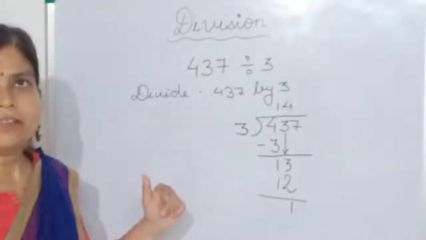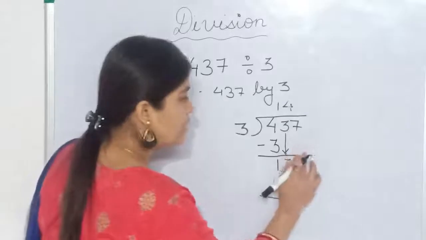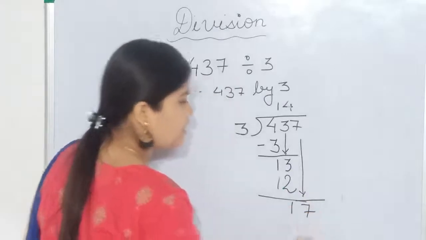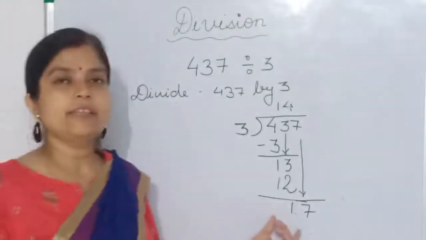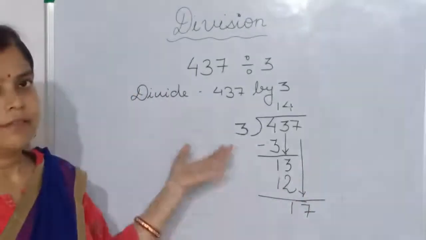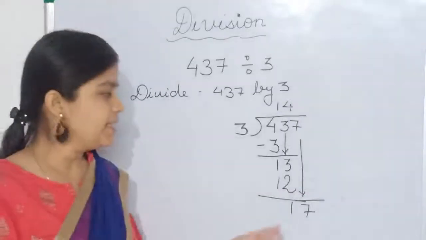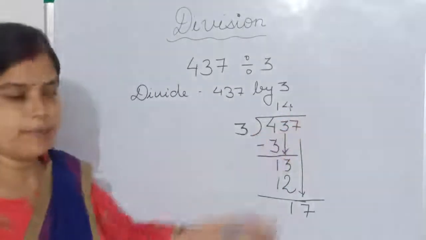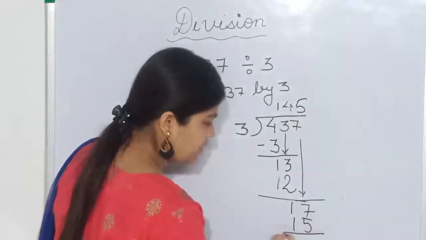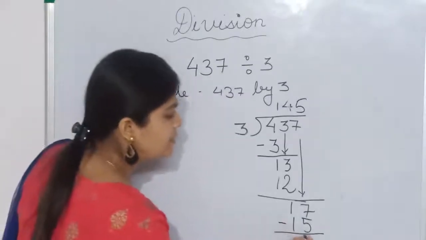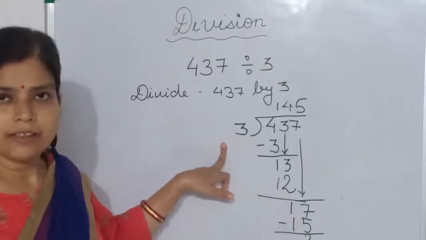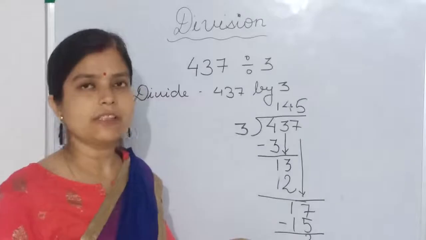Now we will divide the number which is in ones place. So we have to pull it down. This 7 we have to pull it down. Now here 7 will be here. Okay, 17. Now we have to divide 17 ones. Again you recall the table. 3 fives are 15, 3 sixes are 18. 18 is greater than 17, so we will go for 5 times only. 3 fives are 15. Now we will subtract, we will get 2, the number which is smaller than 3.